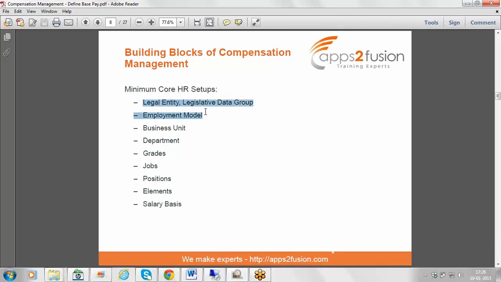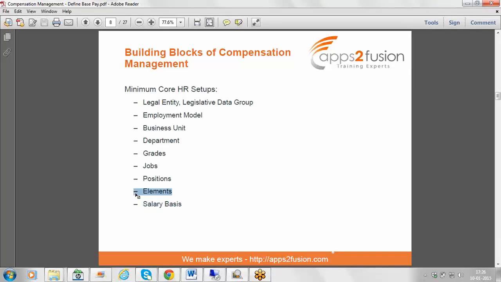So if you see legal entity creation, legislative data group, model employment model selection, everything are part of core HR. The other things like elements and salary basis, though they are mainly used for compensation, but for core HR also, to hold the salary of an individual, we need to configure elements and salary basis. That is the reason we have this.